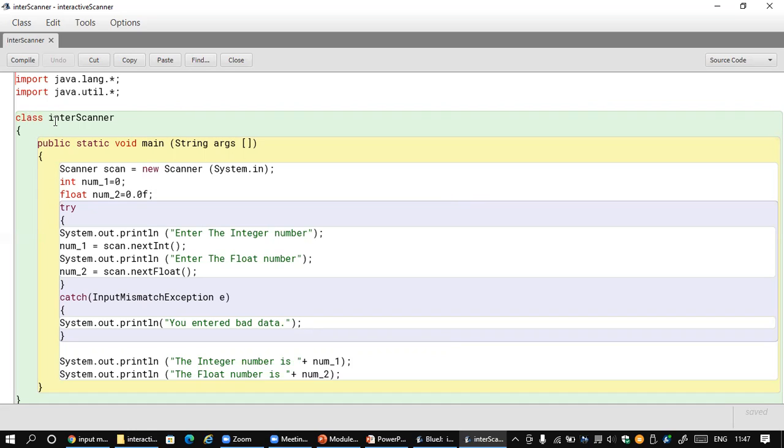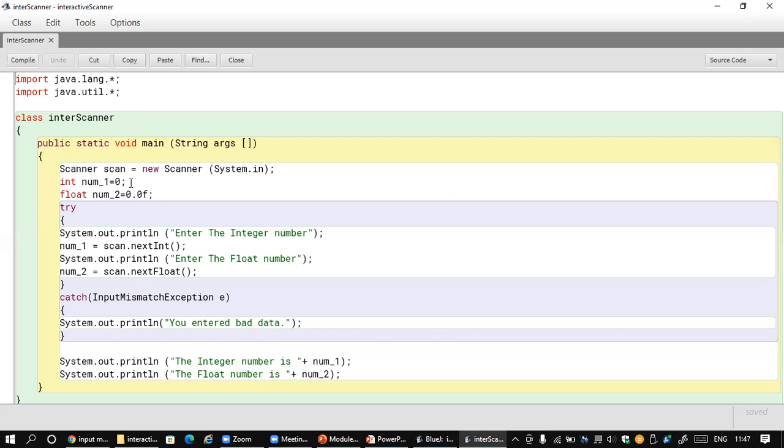Yes. Now coming to the class, it is called interscanner, and it has a main method over here. In the main method, we know the input of main is going to be a token in the form of a string, and it does not return any value, and it's going to be public, and the object is going to be created for this particular class.